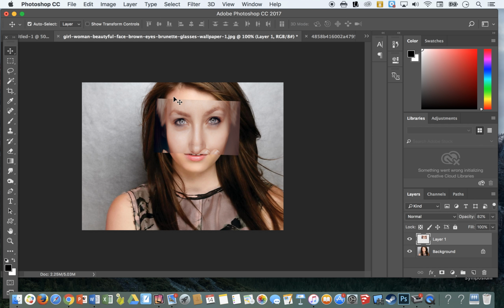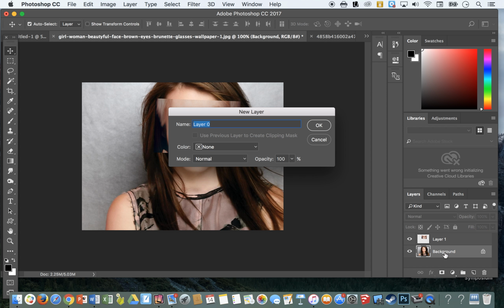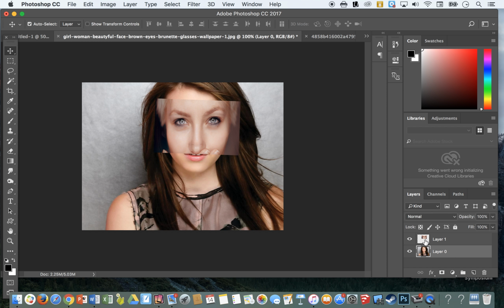Now, once you have the color tone pretty close and the size is where it needs to be, what I want to do is take the borrowed image and put it underneath my main image. So we want to be working with our main image. The background image is locked. To unlock it, if you double click it and press OK, you can create a layer where now these can be changed. So I can click and drag